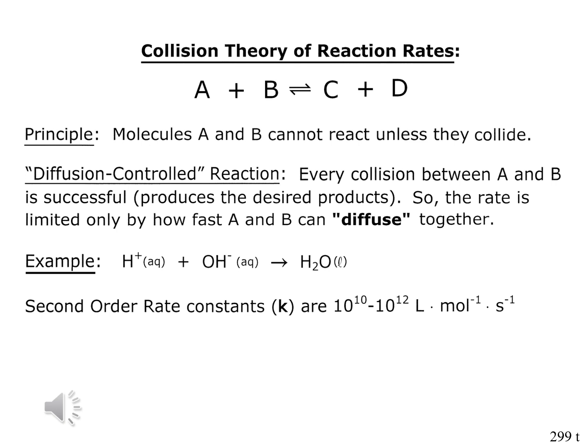And the basic principle of this theory is that it's called the collision theory because molecules of A and B cannot react unless they collide. Obviously, A and B don't have a brain. In order to exchange atoms or electrons, or both, they have to run into each other. So theoretically,